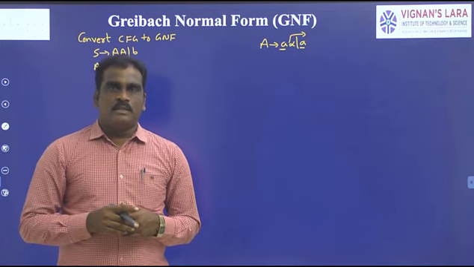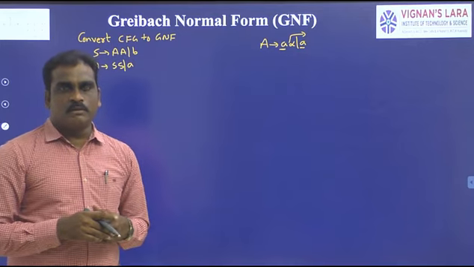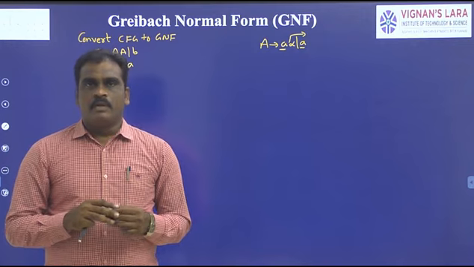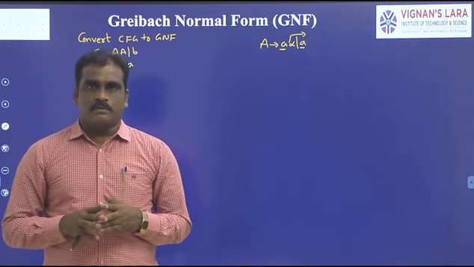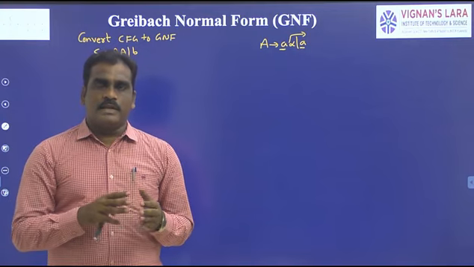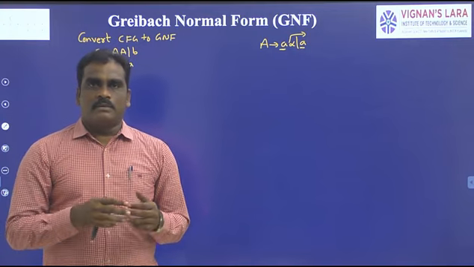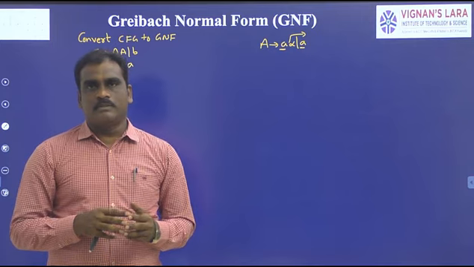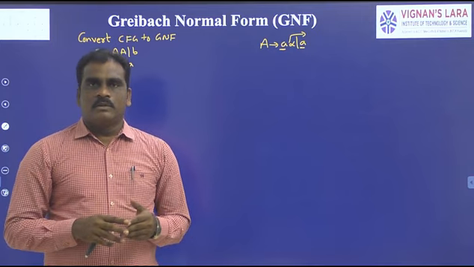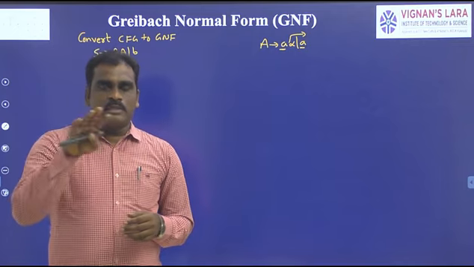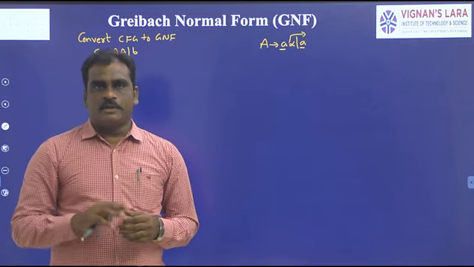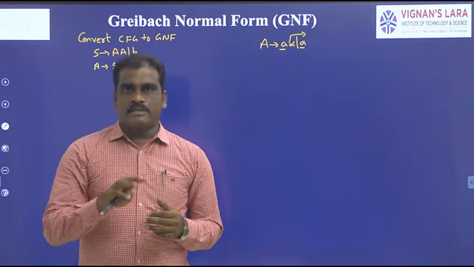All of you know that simplification of context free grammar means we have to follow a total of 3 steps. What is the first one? The first one is elimination of epsilon production. The next one is elimination of unit production. And the third, last one is elimination of useless symbols. So first we have to perform these 3 operations. These 3 we can call simplification of context free grammar. That is step 1.